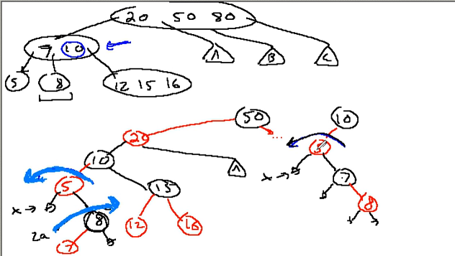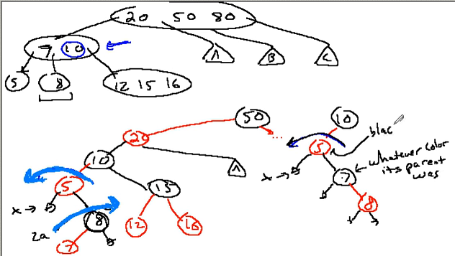What we do is we say that the color of the sibling should be made equal to the color of the parent. So this will be whatever color its parent was, in this case it'll be made red, the parent will be made black, and the child here will be made black. And that's what we do. So, what we'll say now is case 2B,